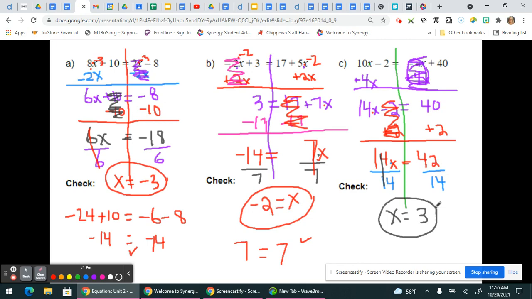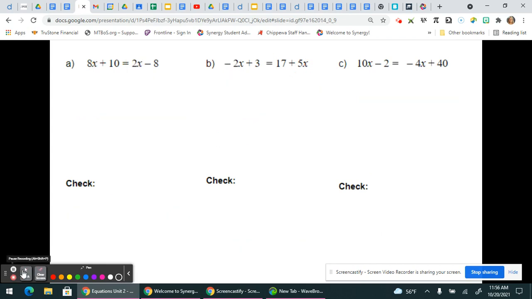So what we've done is we have now just solved equations that have variables on both sides, starting off with isolating our variable. And to do that, we can either add or subtract so that we have our variables on one side. Okay. Now, this is where we're going to end the note page. Okay, so right here, I'm going to clear this. And our